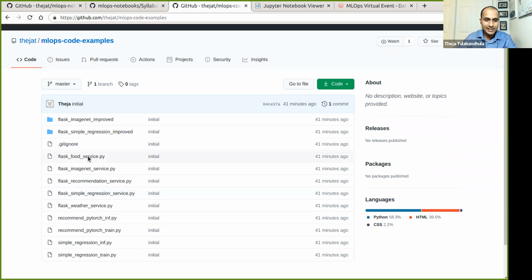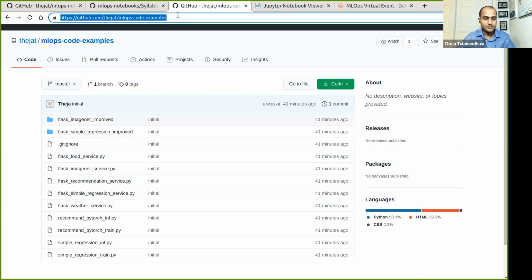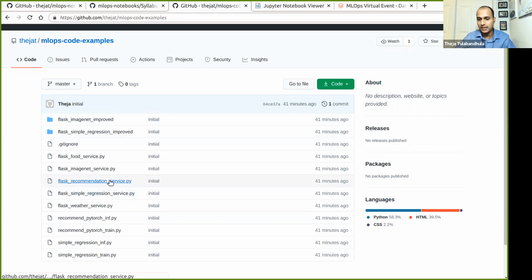Ideally, they should have the same scripts or the same function calls that you would see in the code cells in our notebook. But it's just an extra resource if you want to directly clone this and directly run, let's say, the Py files on the remote machine, for example. So this is the link.